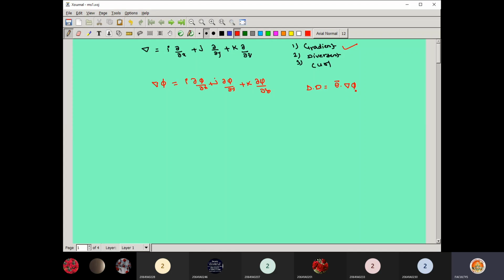And gradient is defined for a scalar point function. So to find a directional derivative, definitely we require one vector and one scalar. Under those two conditions only can you find the directional derivative corresponding to the given scalar function. Actually this directional derivative gives the information about how much displacement is to be done to a scalar to convert it into a vector.